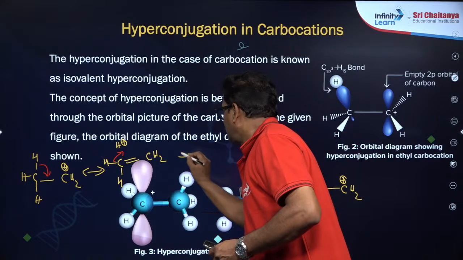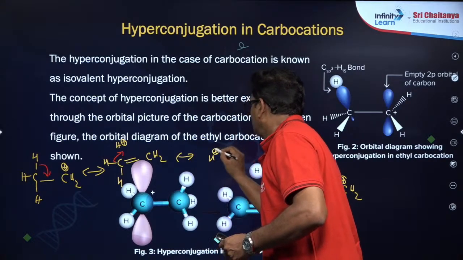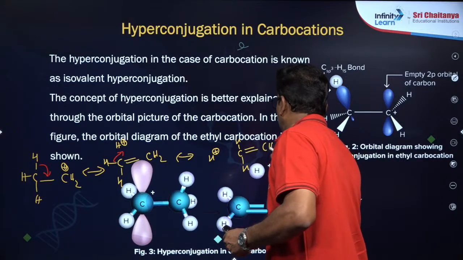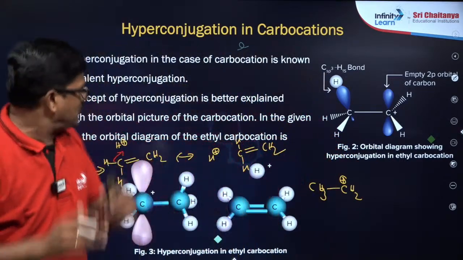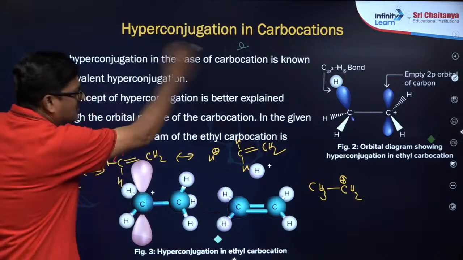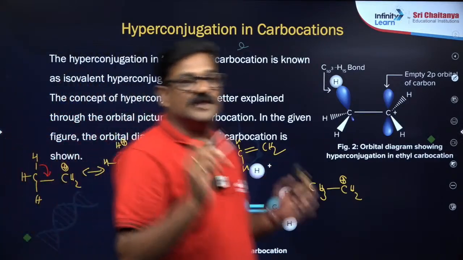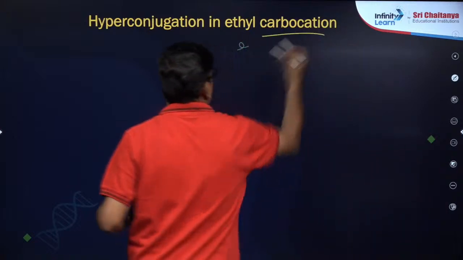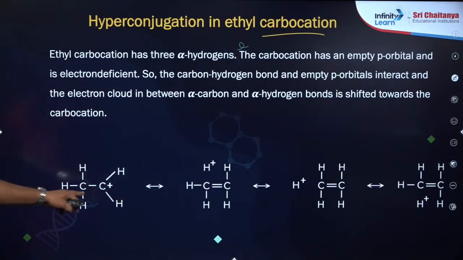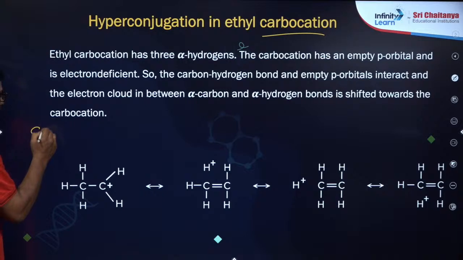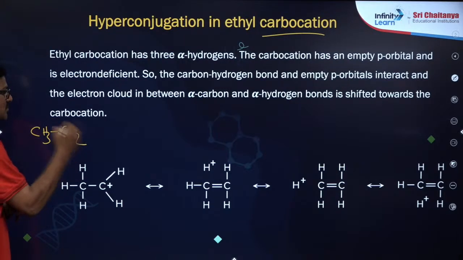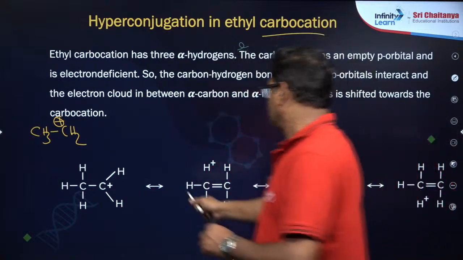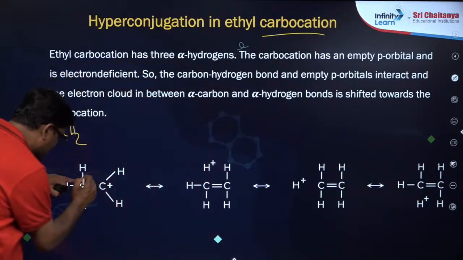So one more structure will come, H plus, double bond CH2, like that. So you can see the charge moving around here and there and gives you the stability. And moving ahead, hyperconjugation in ethyl carbocation, you can see various structures, that what is happening. CH3, CH2 plus, this is called ethyl carbocation. This ethyl carbocation, this structure comes here,